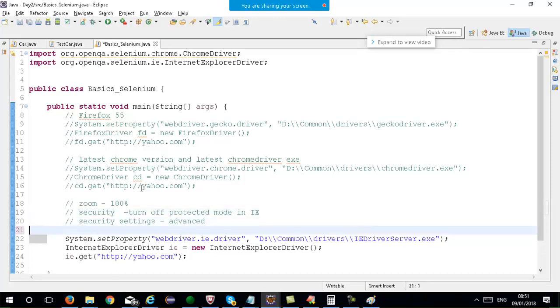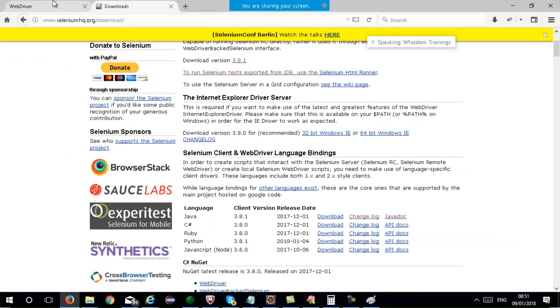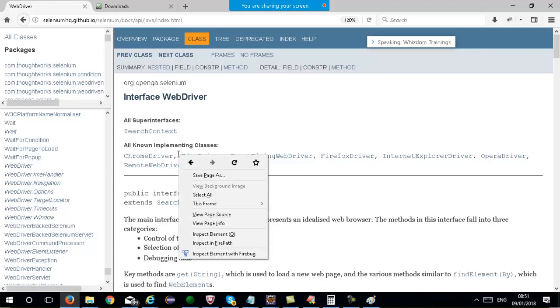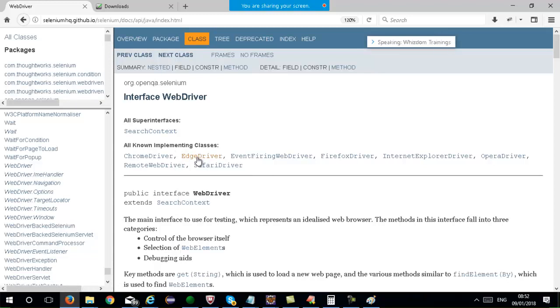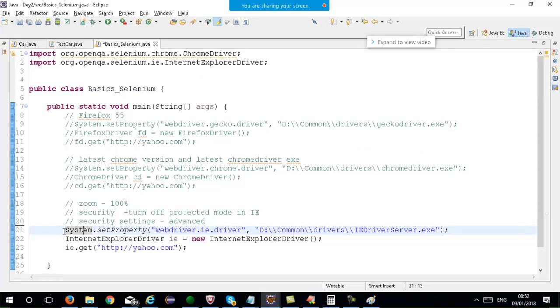Okay, right. Now, there are different drivers. As I told you in the documentation, we studied Chrome driver, iDriver, Firefox driver, Internet Explorer. Edge driver is also there. Edge is there on Windows 10, which obviously drives Edge browser. Okay, now you can create the object of Edge driver,